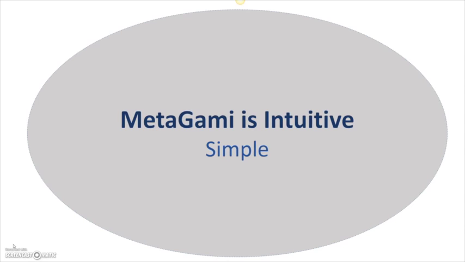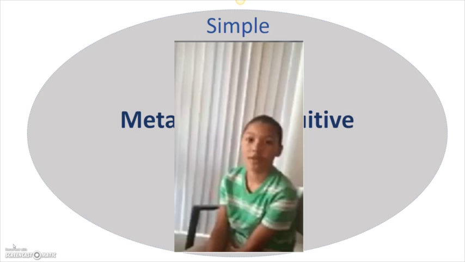MetaGami has three cornerstones to its success. The first is that it's simple. Simple enough that this young man participated in a 30 or 35-minute training class in MetaGami, never having seen it before, and developed an application comparable to a basic contact management system as it applied to his schoolwork. On our website is a video of this gentleman talking about his experience and his enthusiasm for what he had done and what he next wanted to do.